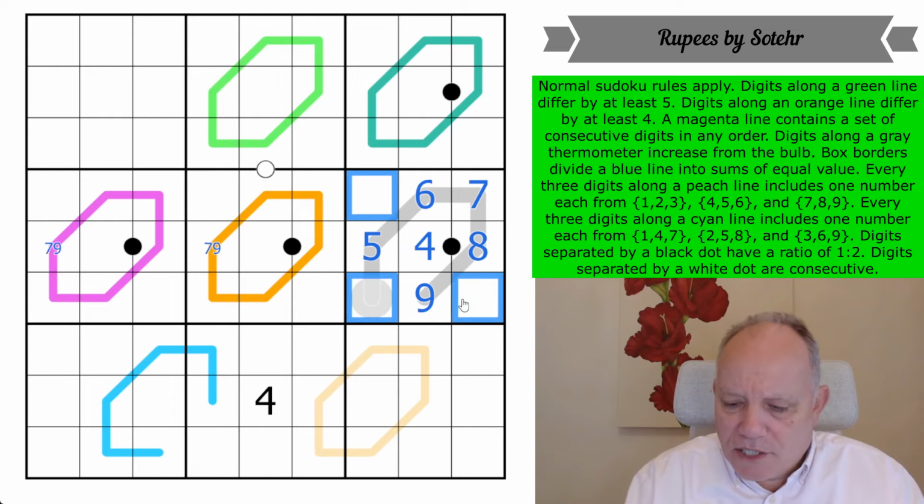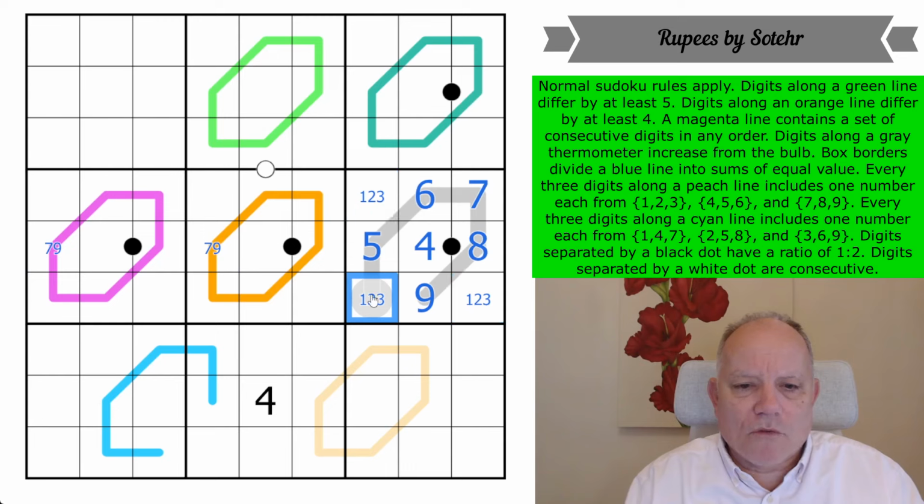The other digits in box 6 are 1, 2 and 3. The thermo doesn't tell us which way around they go. Now, this cell can't be a 1. On this Renban,